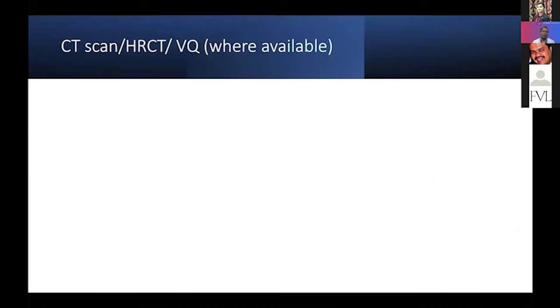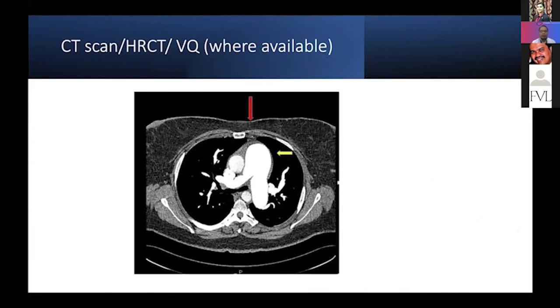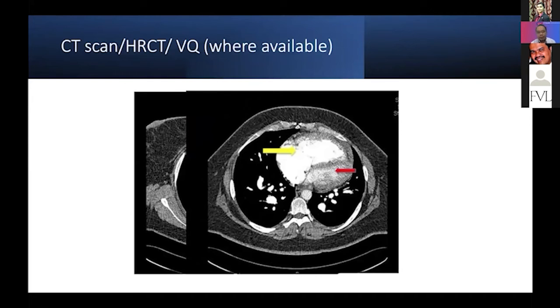So where available, CT scan, HRCT, and a VQ scan are useful to diagnose other causes of pulmonary hypertension. Right? In this CT scan, you can see a dilated pulmonary trunk. This dilated pulmonary trunk is suggestive of stress in the heart, and it could be associated with pulmonary arterial hypertension. Okay. And you can see from the CT scan also the dilated right heart,